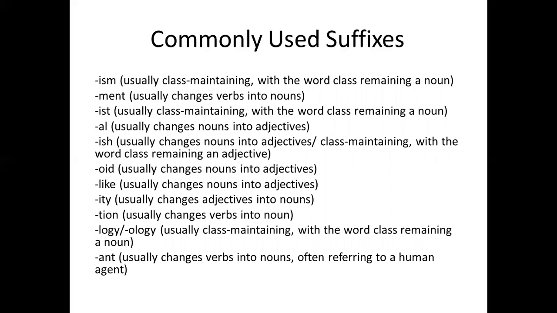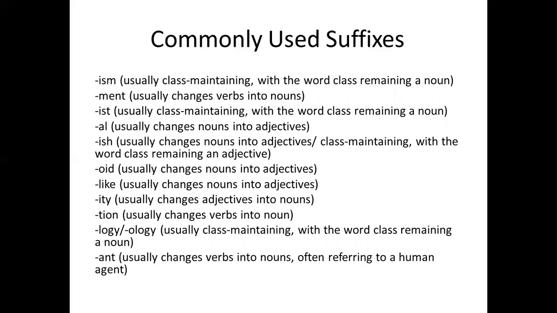Now this is another slide which gives us more suffixes that are usually used. For ment, I've already given you an example. Ism is of course easy. If let's say the noun is Marx, then Marxism. If the noun is caste, then casteism. Okay, then similarly other words can be formed as well.